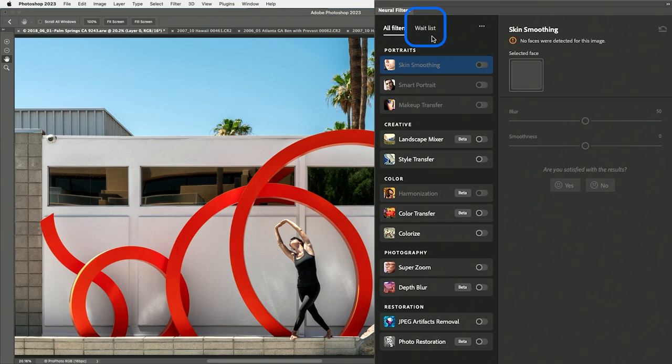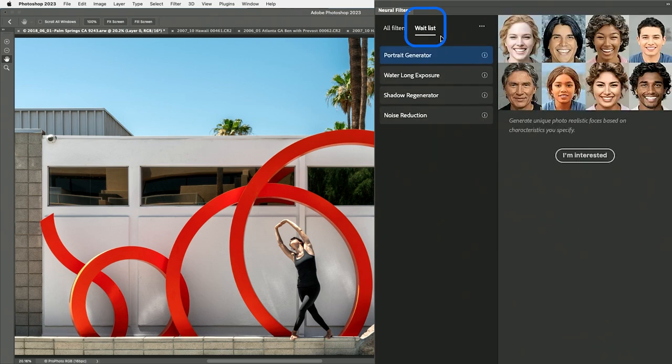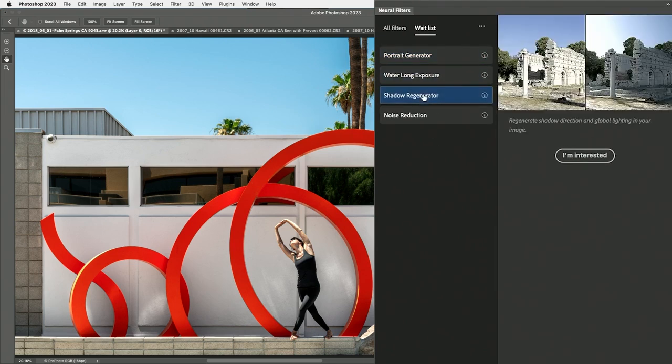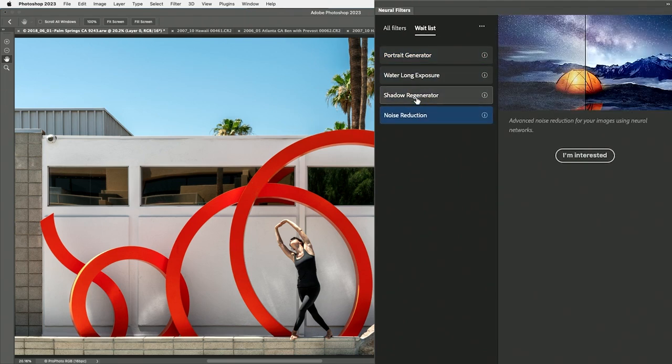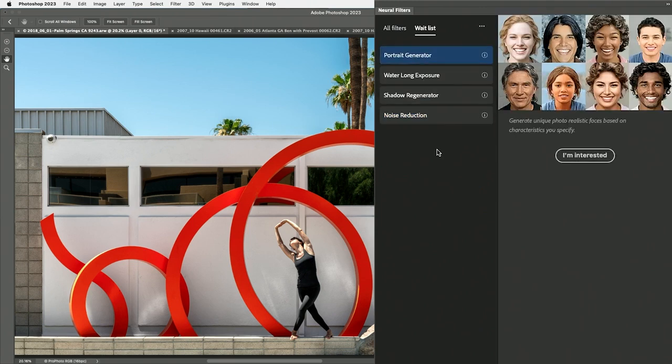Then there's also the section here called waitlist. In waitlist are things where Adobe is considering adding these particular features. You can't actually apply them right now. And all they're trying to do is gauge interest of which ones of these particular features should they work on and spend the time on because people are actually interested in them. If you are interested in any of these titles, then click on the I'm Interested button and you'll give some